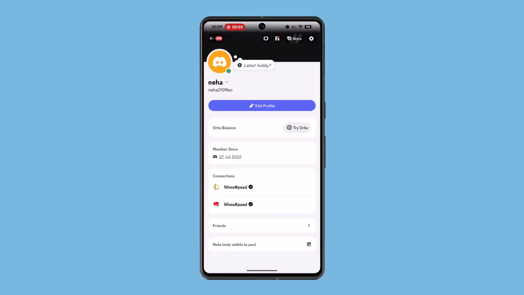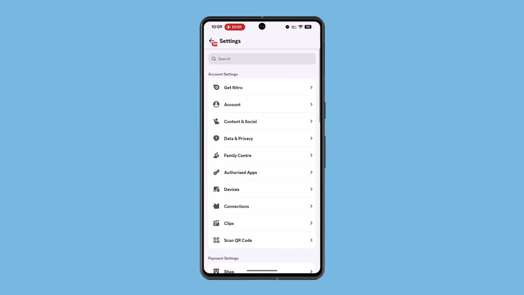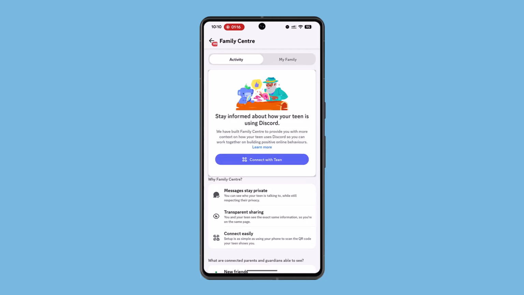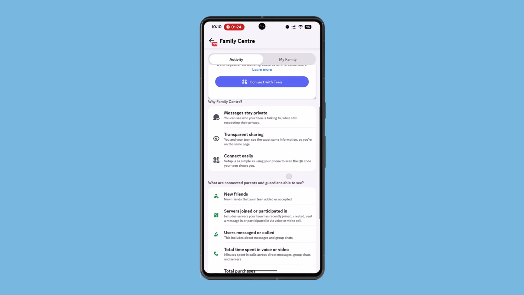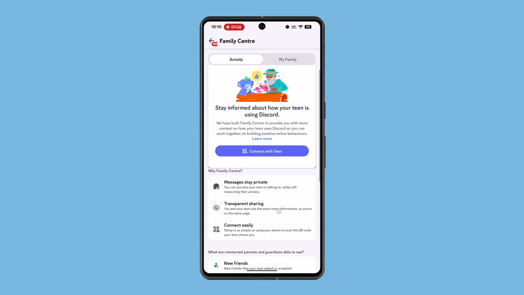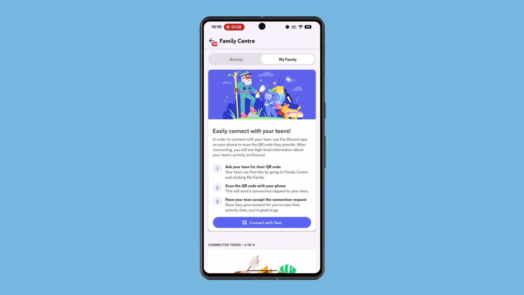And next, you want to click on the gear icon at the top right hand side corner of the screen. Alright, then you just want to go ahead and look for Family Center options, which is under account settings over here in the fifth option. There it is. Now you want to click on connect with teen, but since this is the actual teen's device, you just want to go ahead and click on my family and then